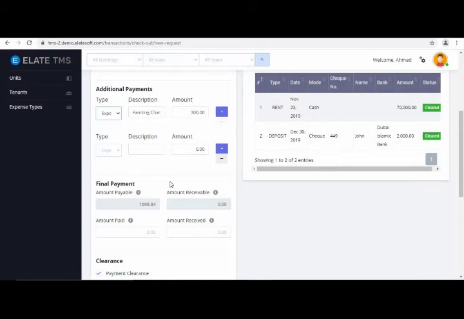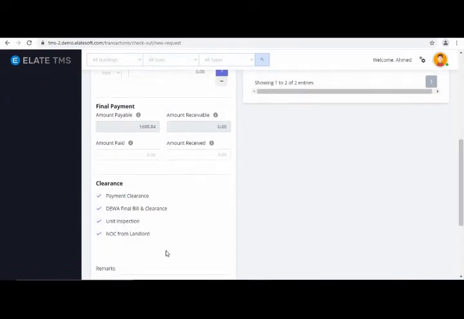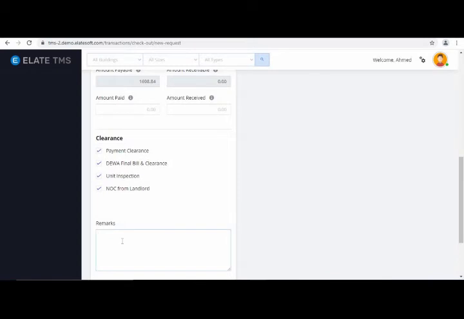And also here you have an option to add the different clearances needed to check out of the flat. So you can just tick on the options which are available if those criteria have been met by the tenant, and here you can mention the final remarks. And click on the save request.